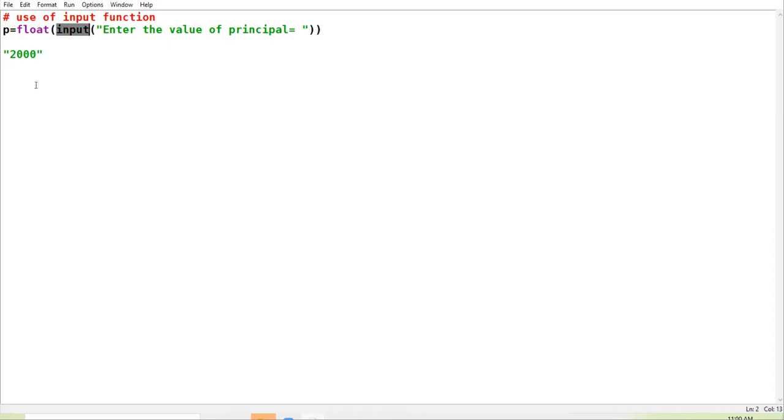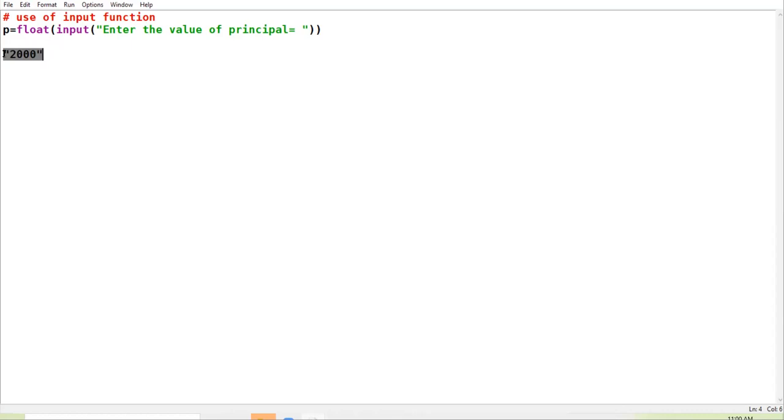Now here, as we cannot perform any mathematical calculations, we have to convert this string into numeric type. Numeric type can be integer, without fraction, or float, number with decimal.